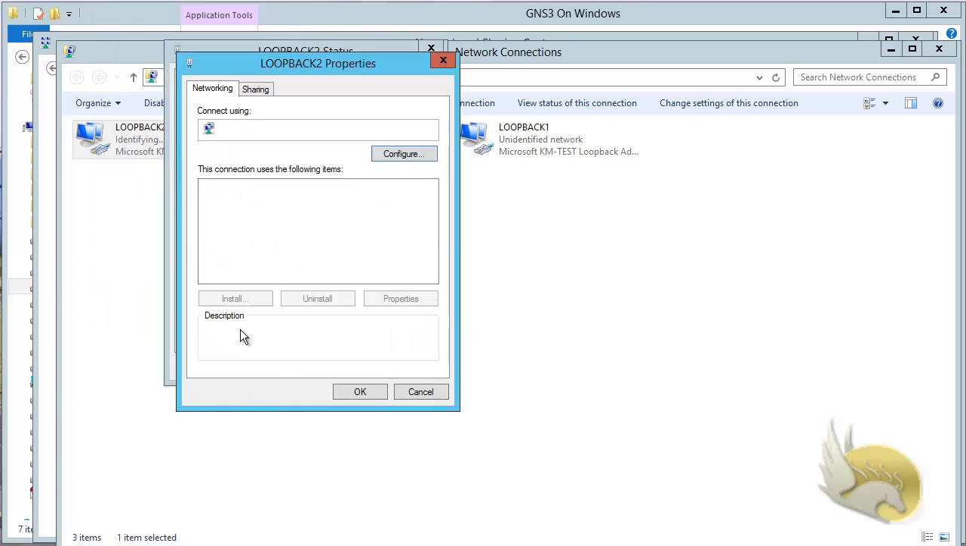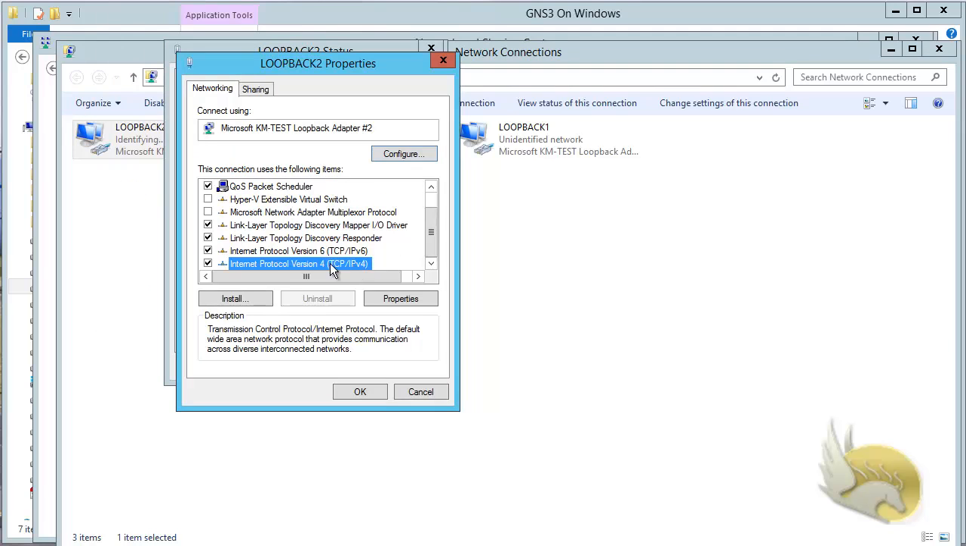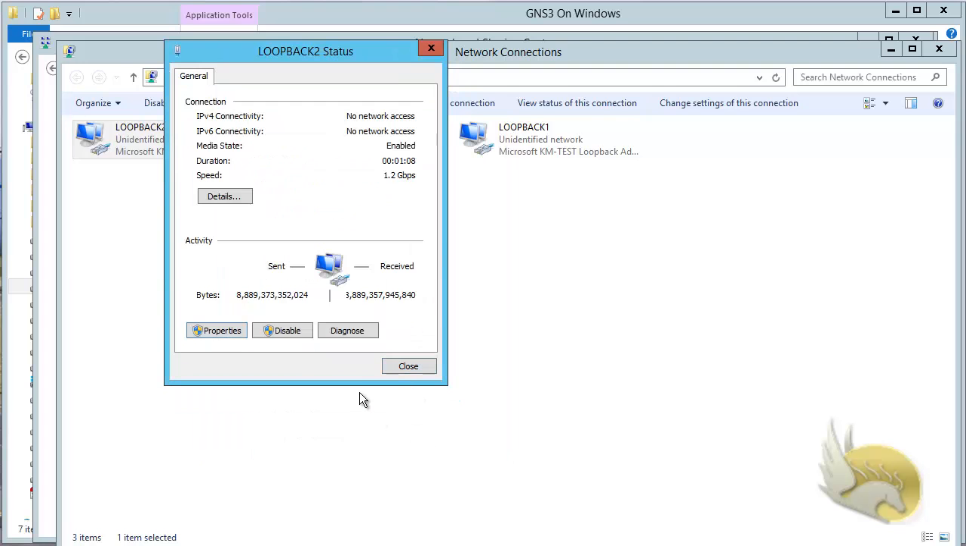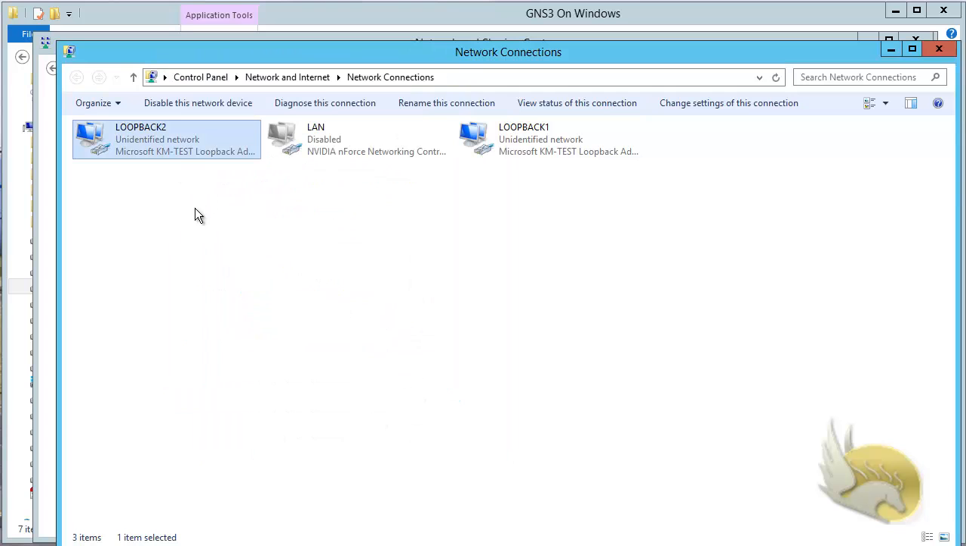Click on properties and select the IPv4 address and click on properties and select use the following IP address. I choose to have, for example, 172.16.10.1, and this is going to be a 24-bit IPv4 address. If you don't know how to configure the IP addresses, don't worry about that. I will go through the IP address in detail later. So I click on OK, click on close, and click on close, and you can see my loopback interfaces are